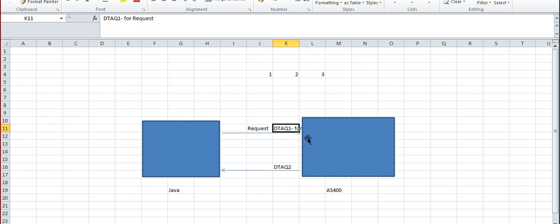So here also, the moment the data comes, it's monitoring always. It's seeing what this data queue activity is. The moment data comes in a data queue, it will read that. Till data is not there, it will wait. How long? 2 days, 3 days, it will be waiting. The moment data comes, it will be processed. So it is a scheduler. I will show you how we create those programs.